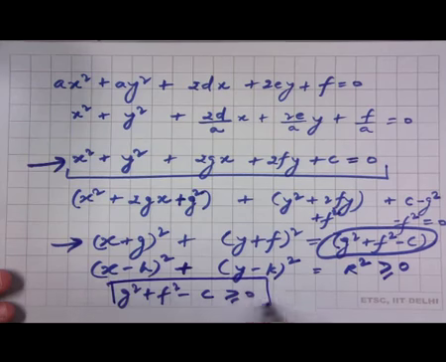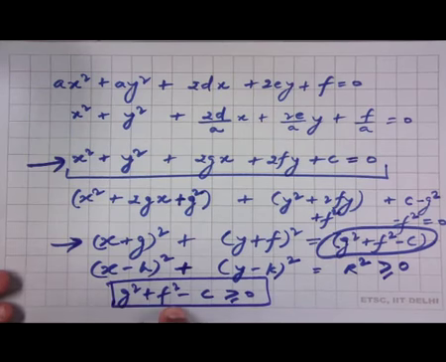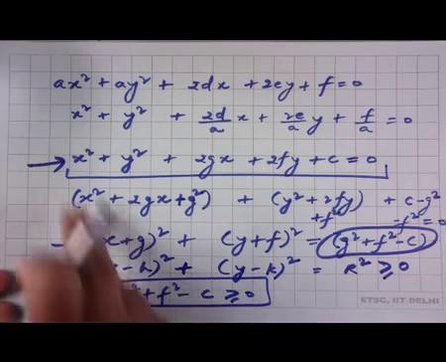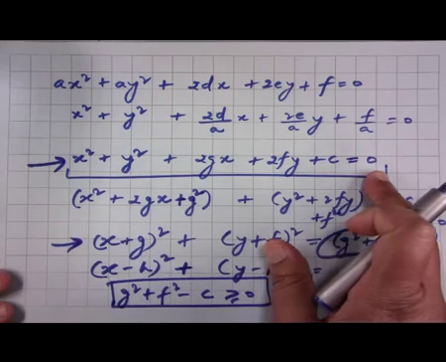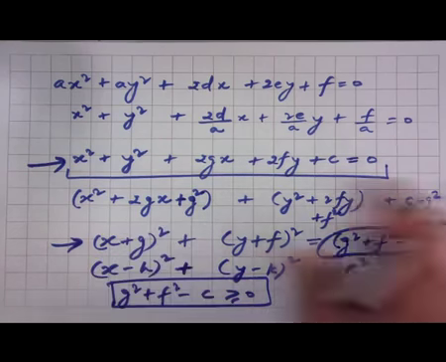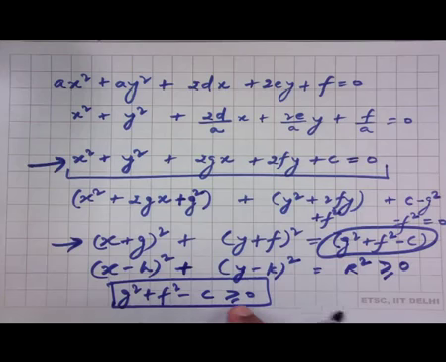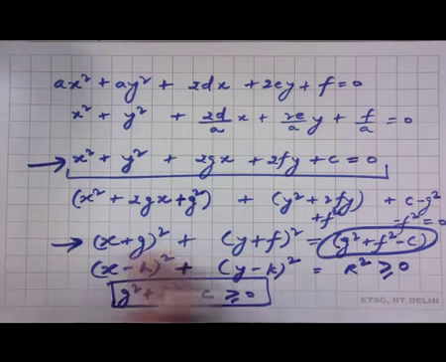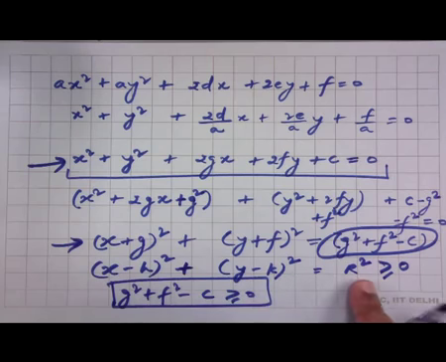So, this condition must always hold. If we calculate g square plus f square minus c to be negative, then this is not an equation of a circle. But if it is non-negative, then it is clear that it is an equation of a circle, because this is the same as this over here,